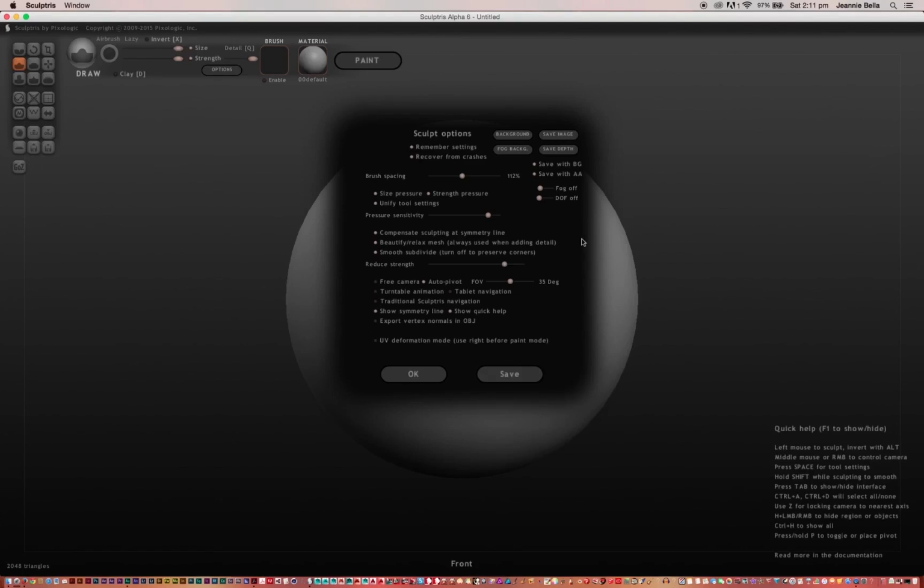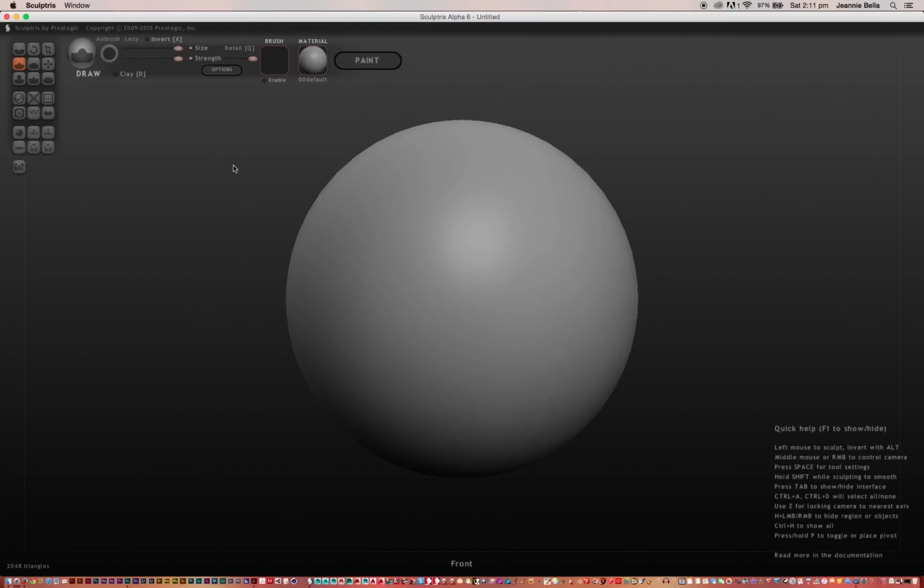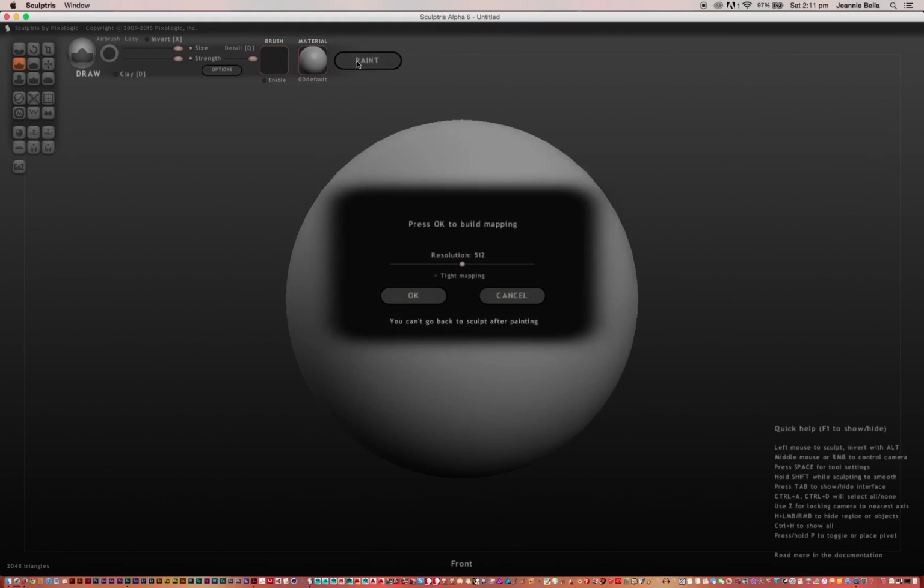So that's the sculpt options that we've covered, and they're almost identical in the paint mode options, but however we have a few more options that we'll cover in the paint mode options. So now we'll cross over into paint mode,